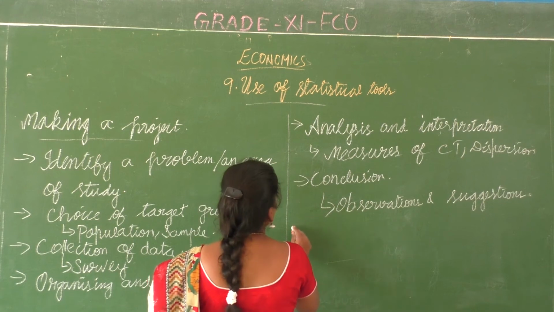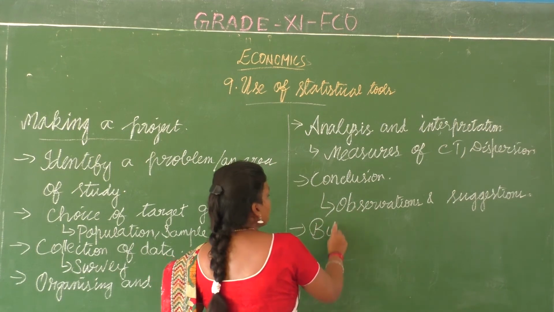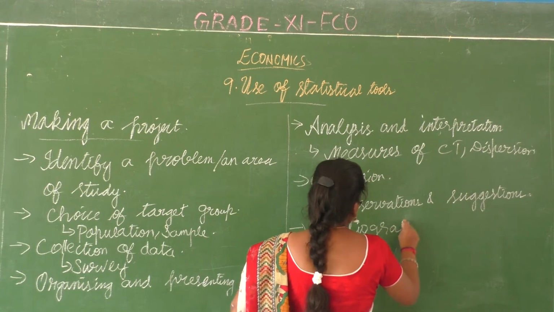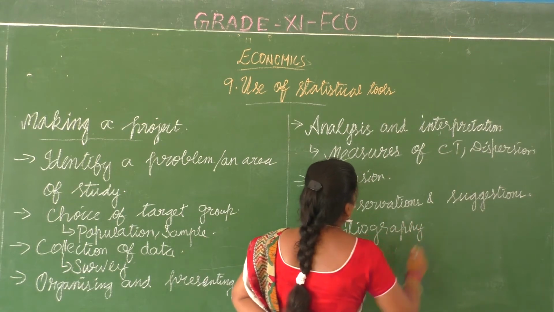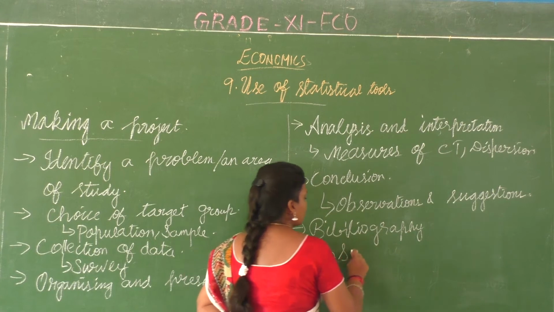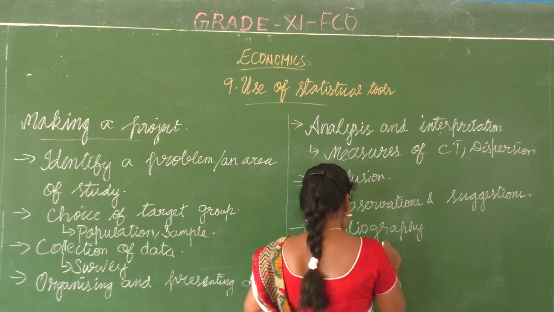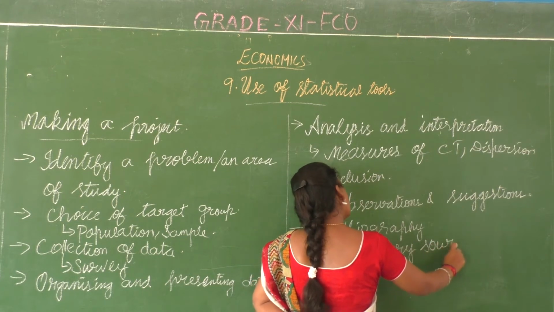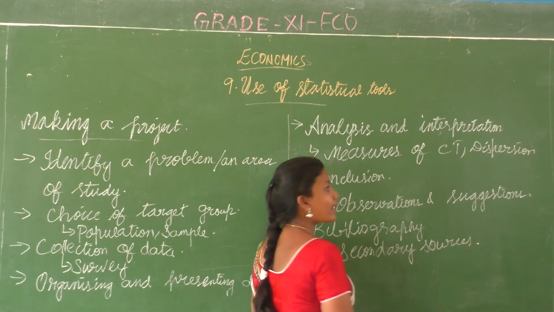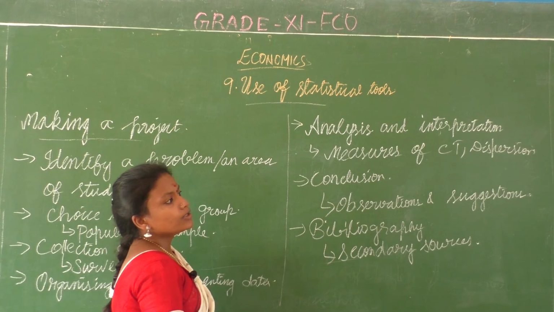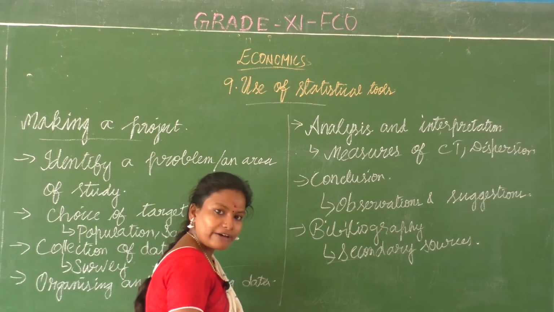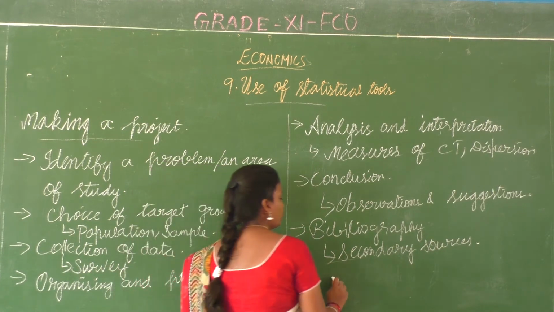the next thing is bibliography. If you have taken the secondary data, then you will be giving the secondary sources information. இங்கே என்ன அந்த இன்ஃபர்மேஷன் எடுத்தீங்க, what are the books you referred and took the information, all this will be coming under the bibliography.